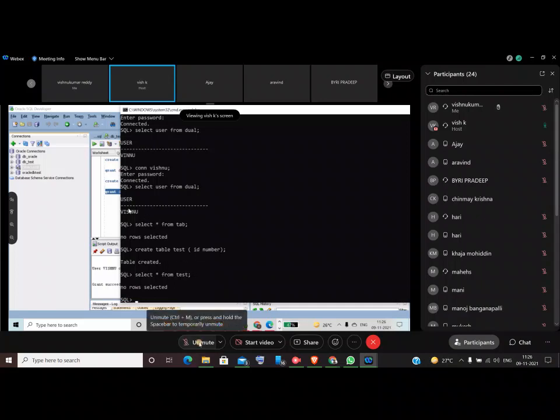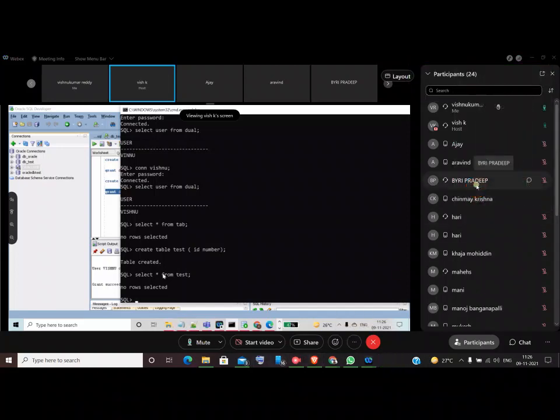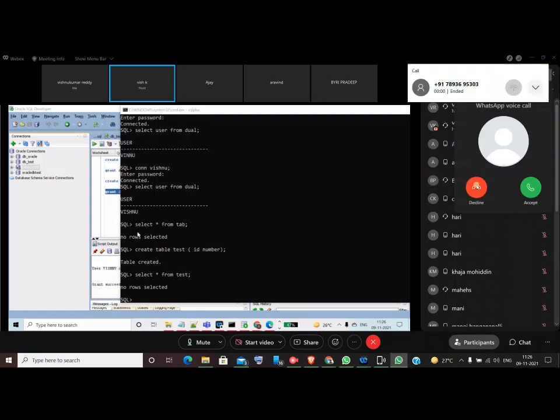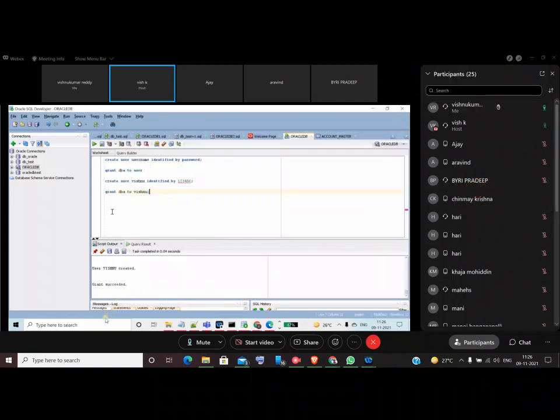These are basic things, guys. You can start with the basics. In real time you will also get multiple users and multiple databases. Once a user is created, under that you can create the tables. Till now we covered tables only. We have different objects: views, synonyms, procedures, functions, triggers, cursors, packages, materialized views. Many objects are there in the database side, guys. The database is a very big subject. We'll cover the remaining tomorrow.